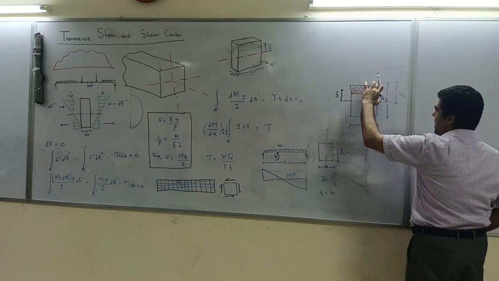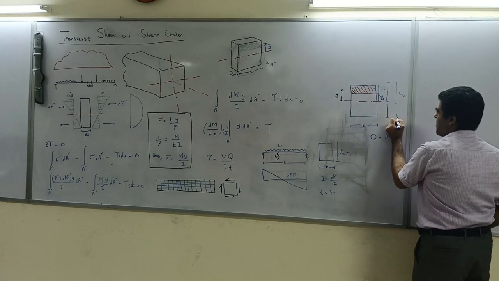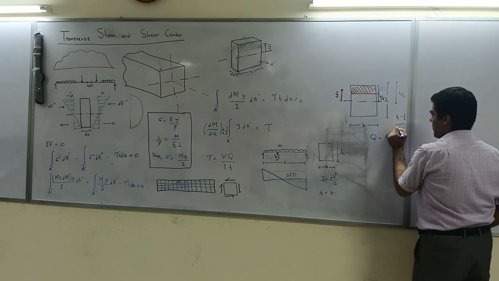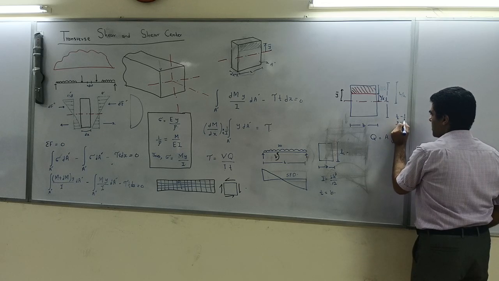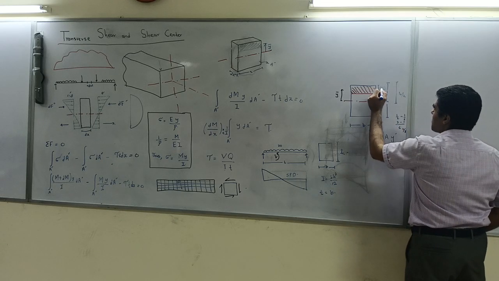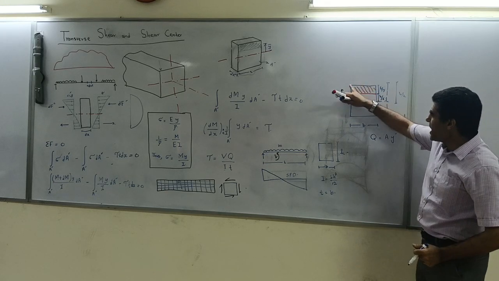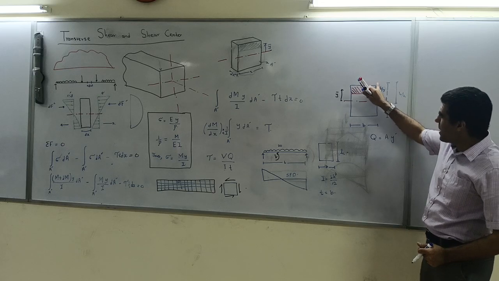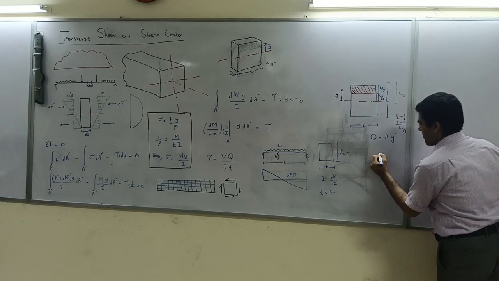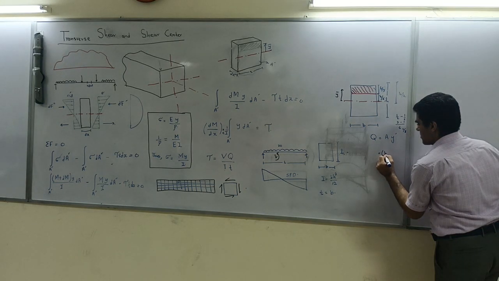This will be h by 2 minus h by 6. How much is that? 1 by 2 minus 1 by 6, which is h by 3. So the area of this box is h by 3. That is the area